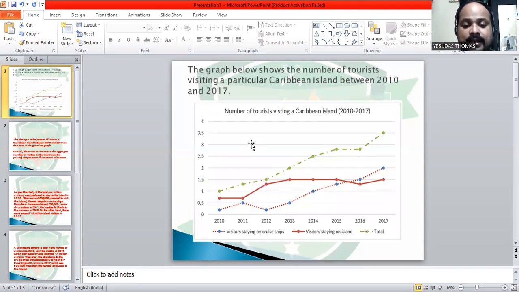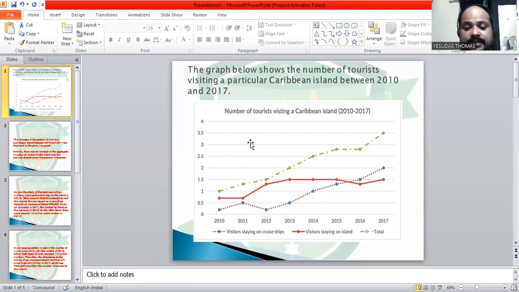And this is said in millions. I have not marked it. It's said in millions. So between 2010 and 2017, how many tourists visited this Caribbean island